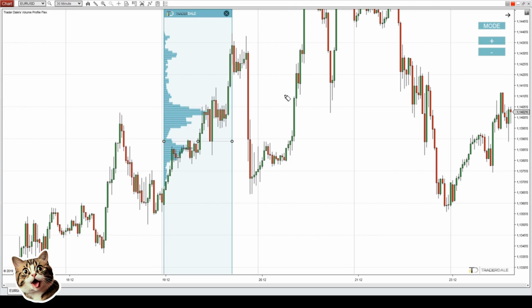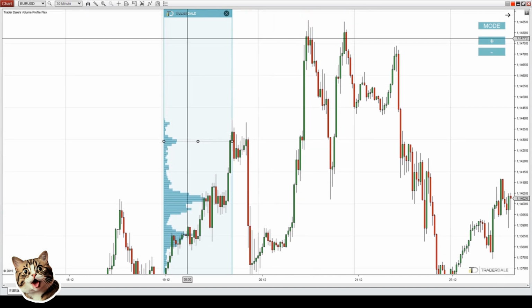There was an FOMC meeting, those candles, this is the FOMC rate decision. So you definitely don't want to trade during such strong news. So no trade there, but if there was no news, it would be a very nice trade to take. And I'm sure that it would be a winner. So what's next